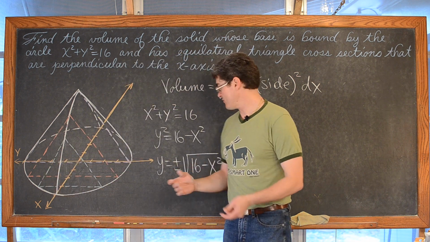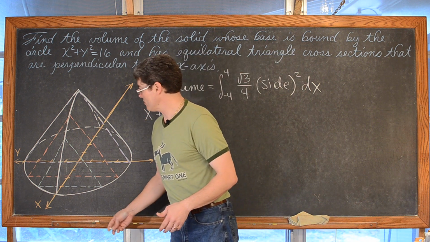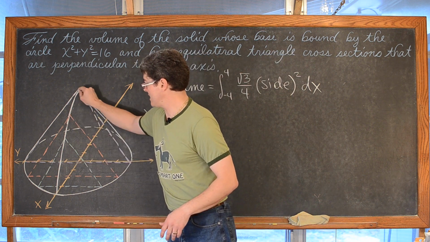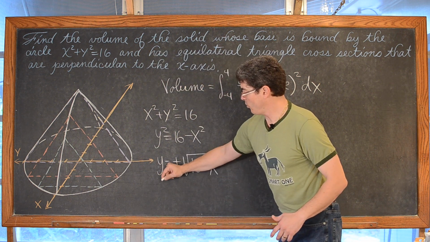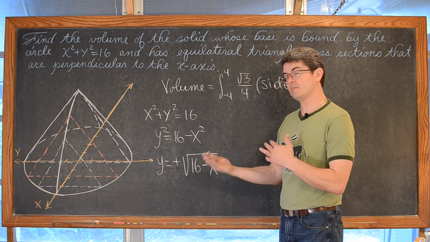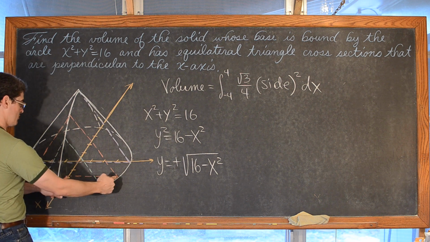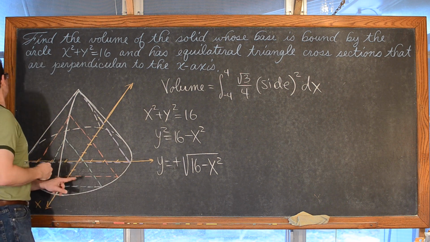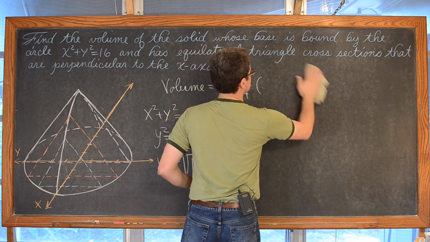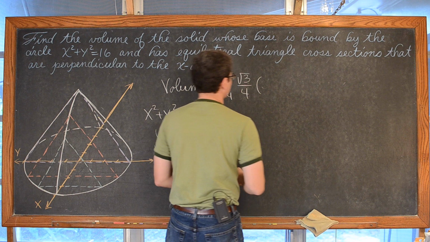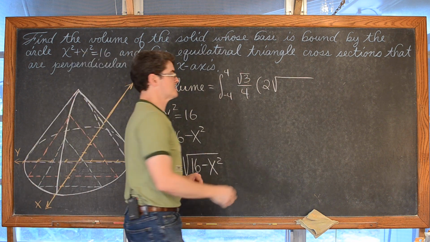So I need to account for that plus or minus, but I don't want to do 2 integrals, I want to do 1. Remember that as we drop these altitudes down on these equilateral triangles, we're bisecting the base. So I can look at just one of these roots and multiply it by 2, and that would give me the entire length of the side. Length here, double it to get the length on the other side. And we get that the length of our side is, don't forget that power of 2 there, 2 times the square root of 16 minus x squared